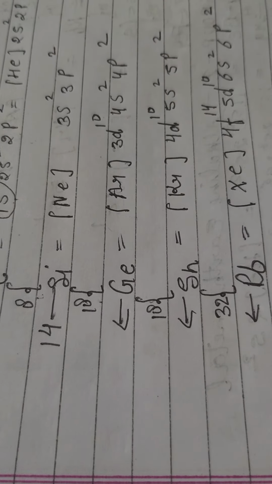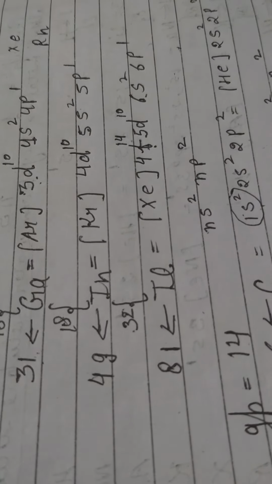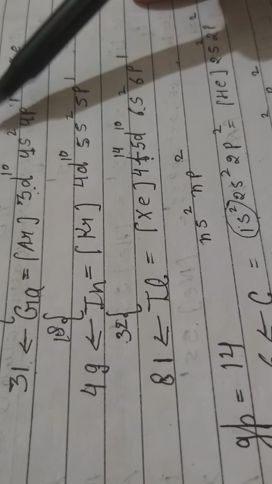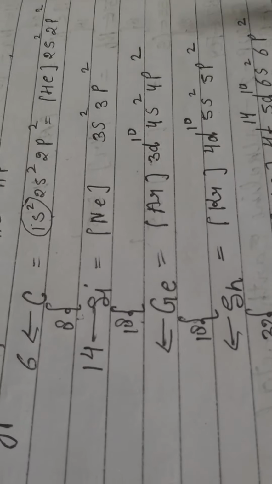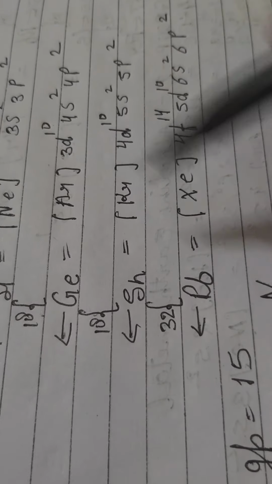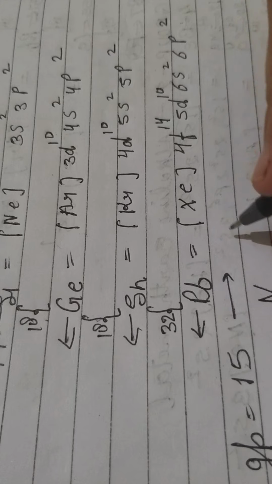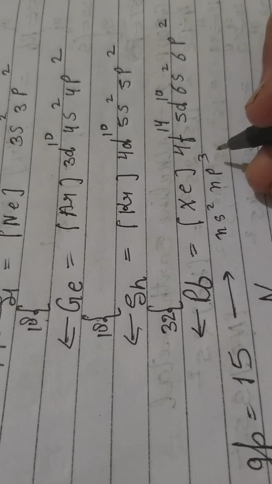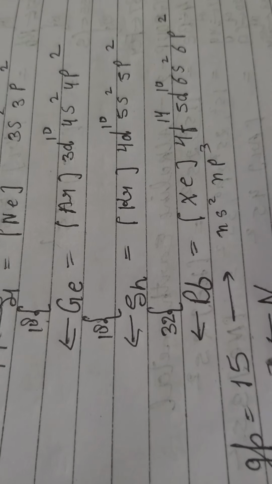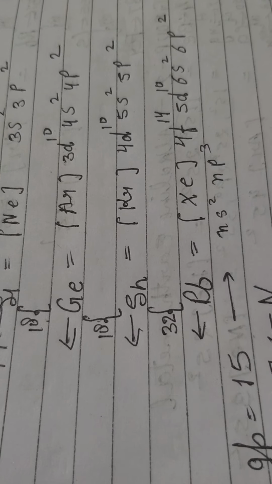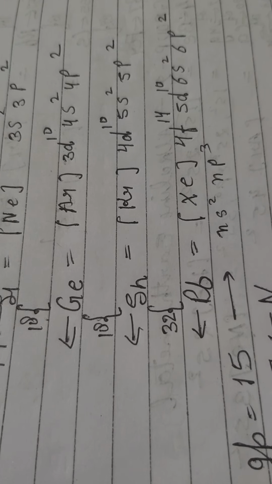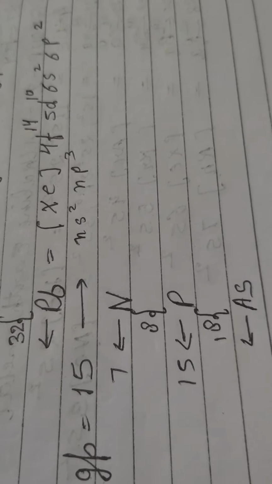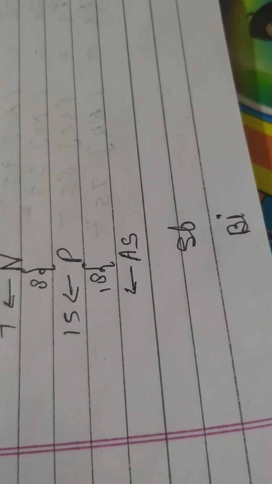The pattern will remain the same, but you only have to bring a change in the outermost electrons. In group 13, p will have 1 electron, and in group 14, p will have 2 electrons. Let's do the configuration for group 15. For group 15, what will we write? ns2 np3. Only you have to change it to 3 here. Now the atomic number of nitrogen is 7. Now 8 is to be added. You will get 15. Now 18 is to be added to get this. And again after that, 18 is to be added.